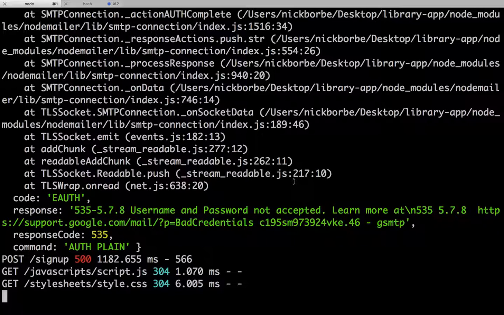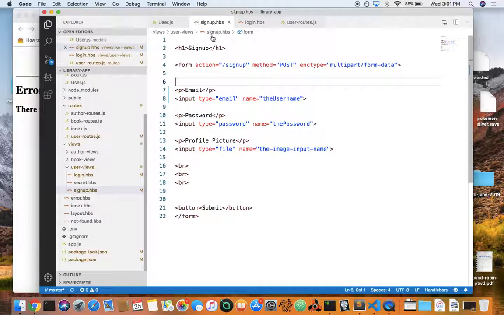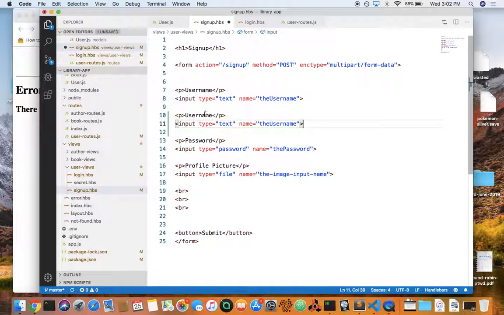Bad credentials? Let me just, here, I'm just gonna do a third one instead of turning this into email. So I'll put this back to type text, put this back the username, and I'll just put a third one so we can just also have the email. All right, how about that? Email,